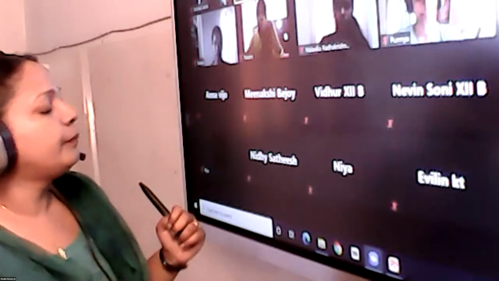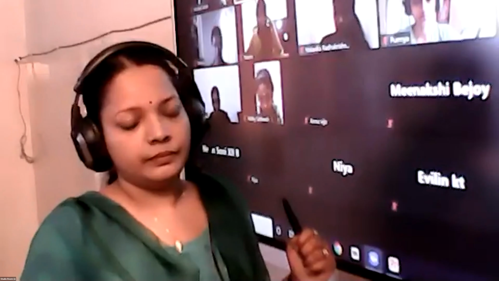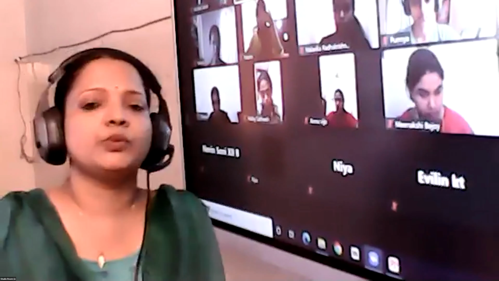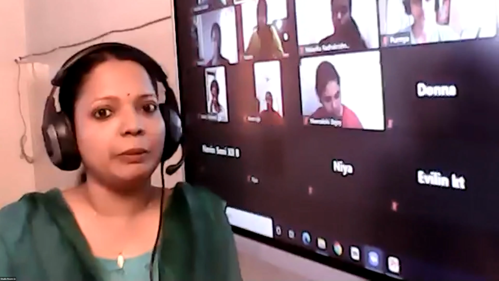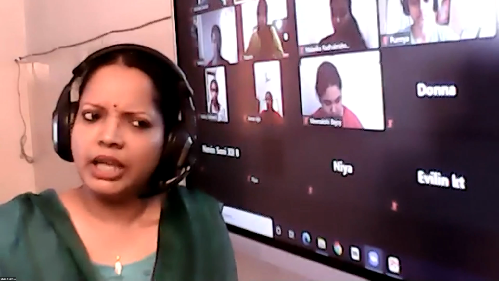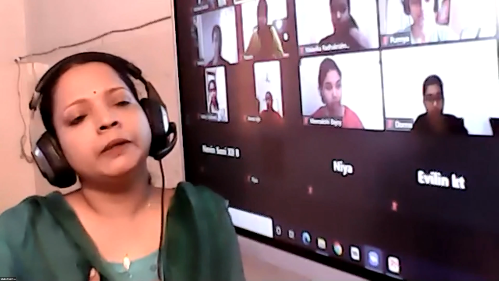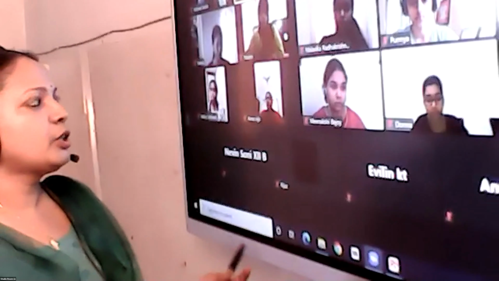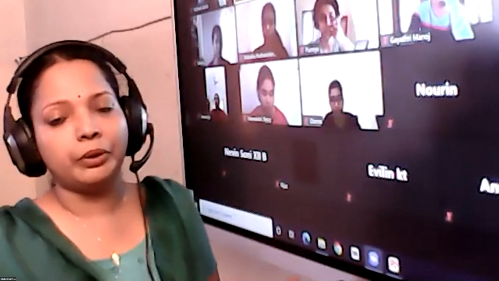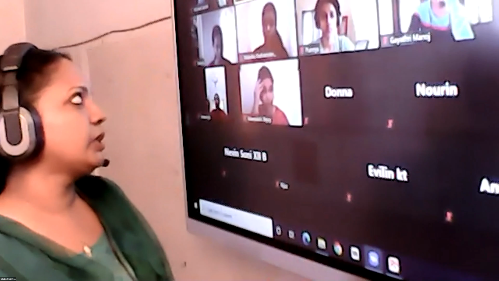Yes, I had a doubt. For the first three processes, geitonogamy cannot be avoided, right? So isn't that self-pollination? But that will also cause inbreeding depression, right? But to a certain extent, autogamy can be prevented. First one, what we said is avoiding synchronization. So there also autogamy can be prevented, but geitonogamy cannot be prevented. So that also can lead, but see, even siblings of the same parent, some differences, some variations will be there. So that can be promoted. Some variations can be promoted, but at the same time, autogamy can be prevented.